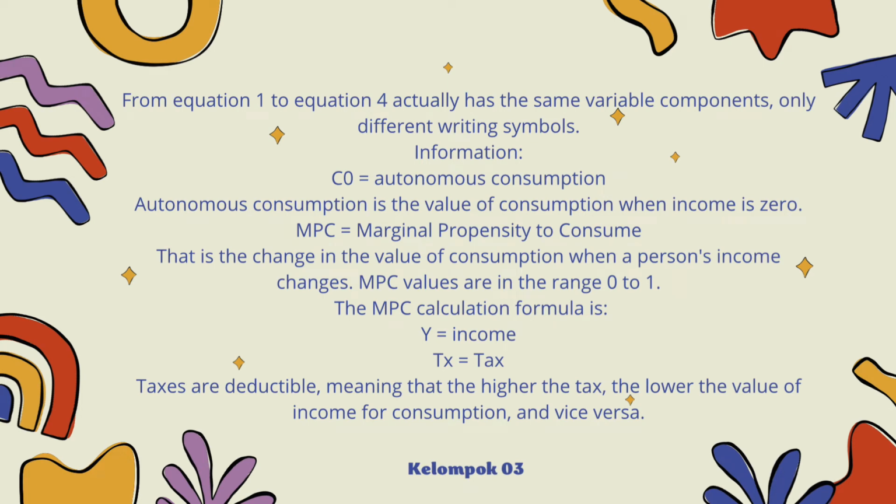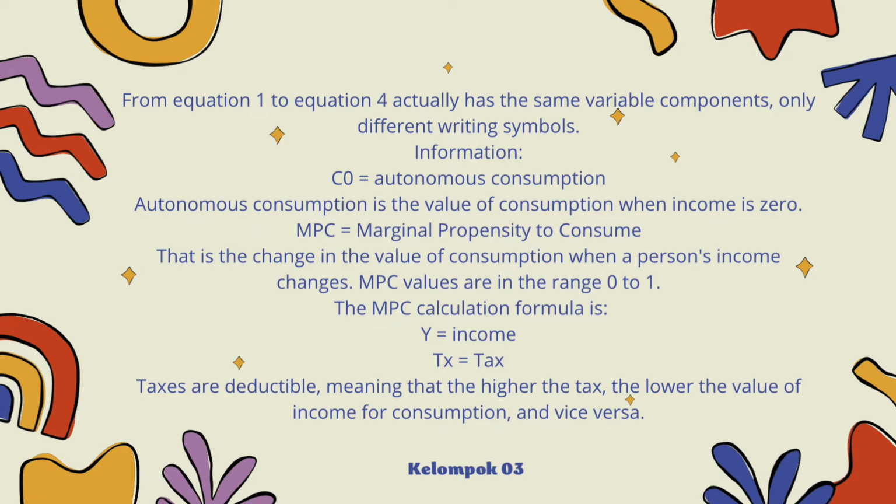From equation 1 to equation 4 actually had the same variable component, only different rating symbol. Information: C0 equal to exogenous consumption. Autonomous consumption is the value of consumption when income is 0. MPC equal to marginal propensity to consume, that is the change in the value of consumption when a person's income changes. MPC values are in the range 0 to 1, and the MPC calculation formula is